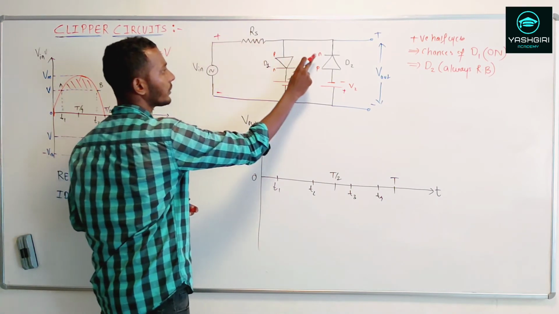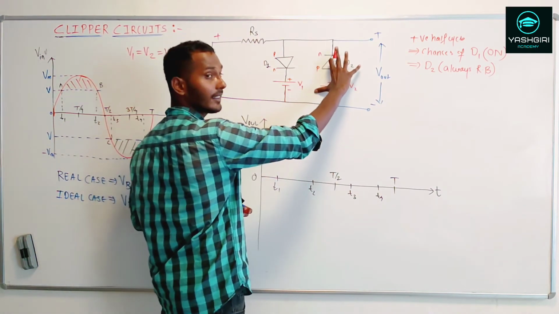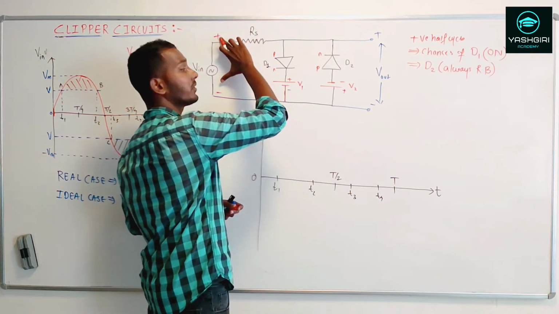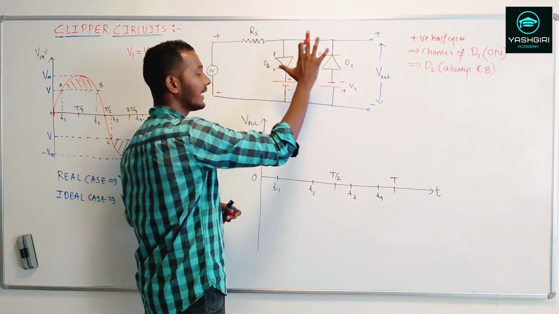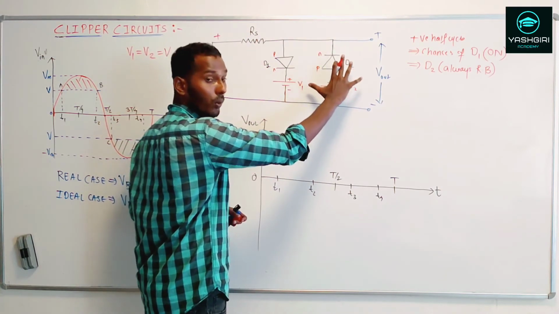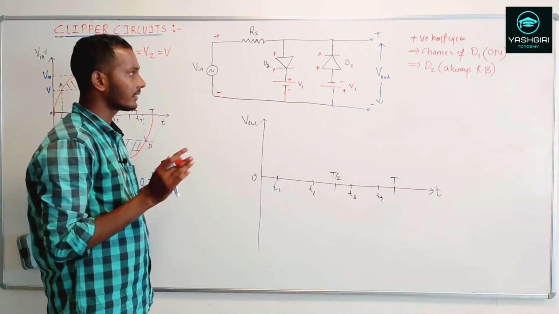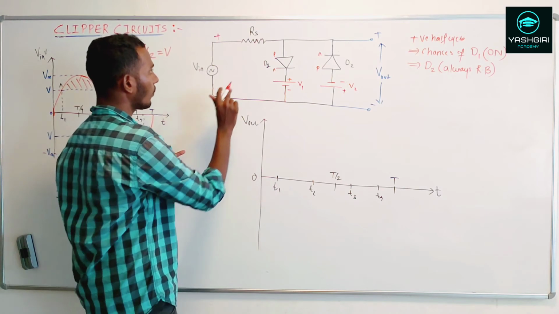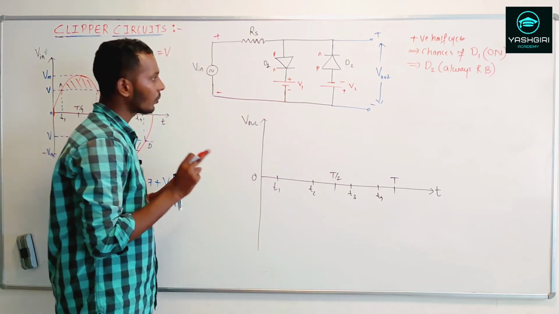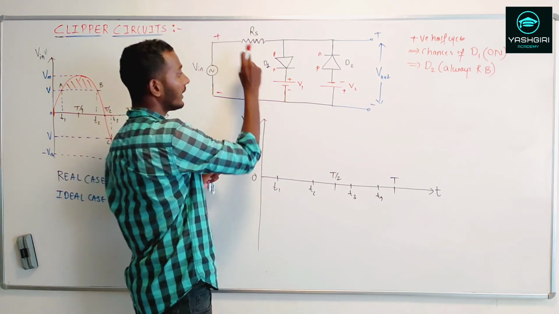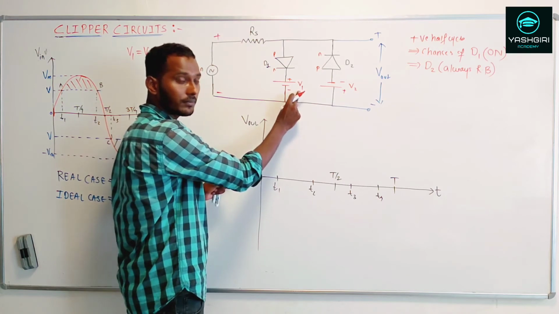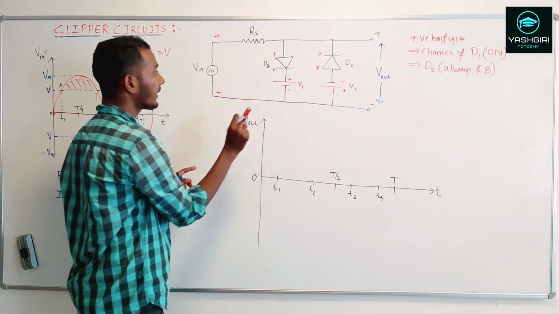Why? Plus is connected to the N. No doubt this is already in the reverse bias, and if you connect a positive polarity to this, you are going to make this diode D2 more reverse biased. So only diode D1 can conduct. When this diode D1 conducts, the V in increases the V1 voltage. Yes, in that case only.